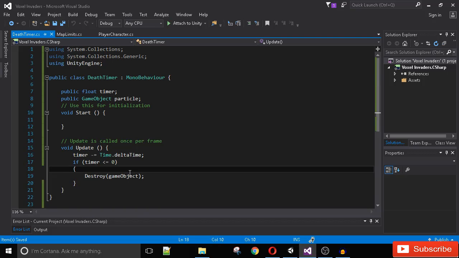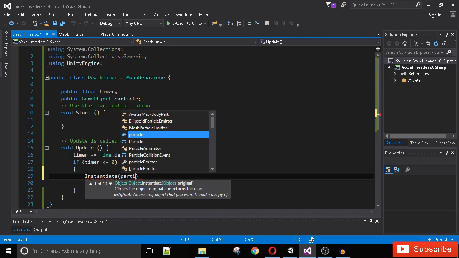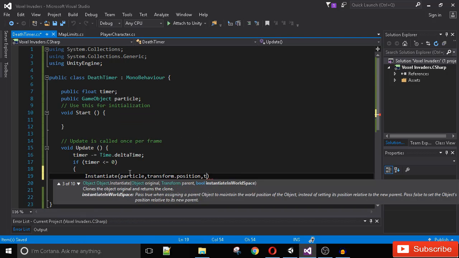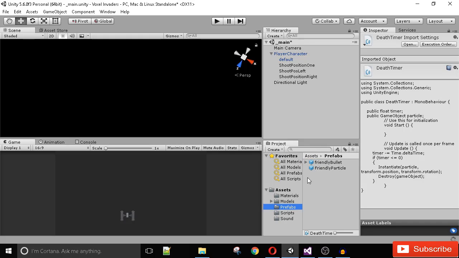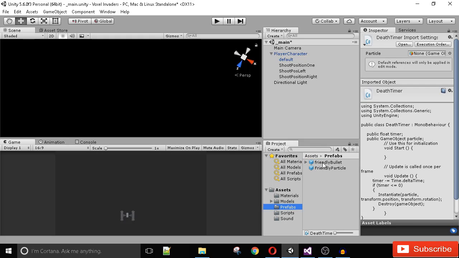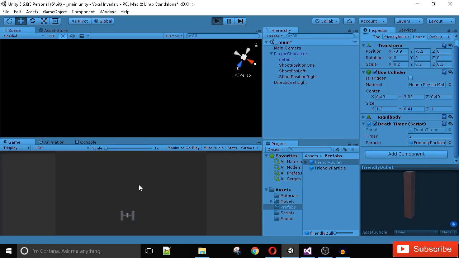Before we destroy the game object, I want to instantiate particle at transform.position with transform.rotation. Now if I go to prefabs and select my friendly bullet, we have a particle parameter here. Let's drop our friendly particle in there. And now if I run the game,